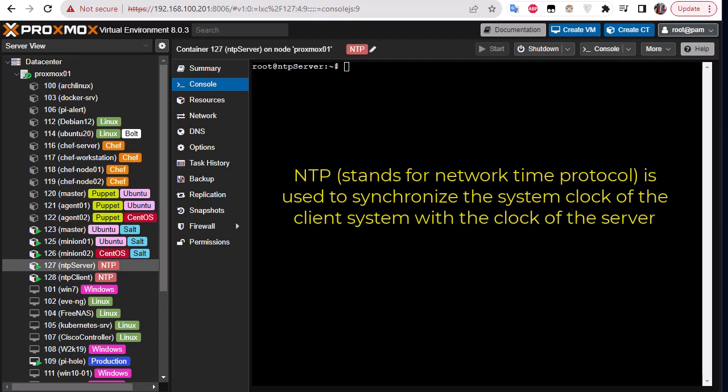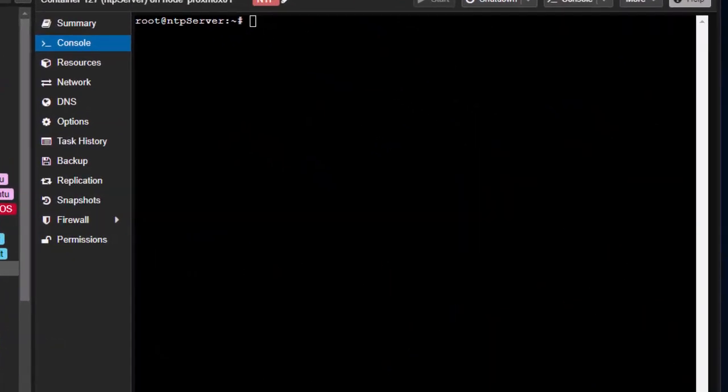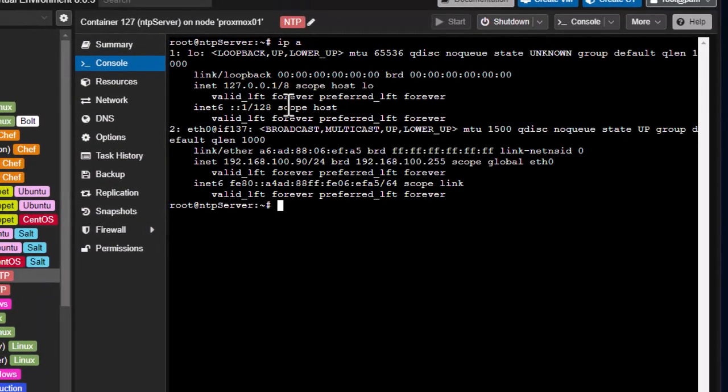So here we have actually two machines based on Ubuntu. We have an NTP server and an NTP client, and we will try to install NTP on the server and configure the client to synchronize its time with the server, okay? So let's begin with our NTP server. As you can see here, I have the NTP server Ubuntu machine, which has an IP address ending in .90. Okay,